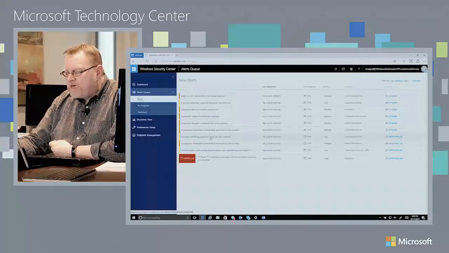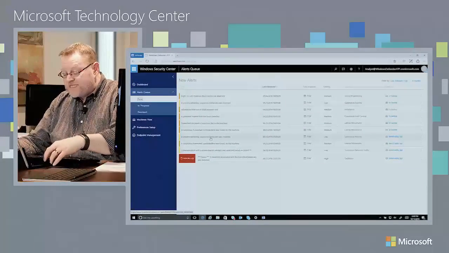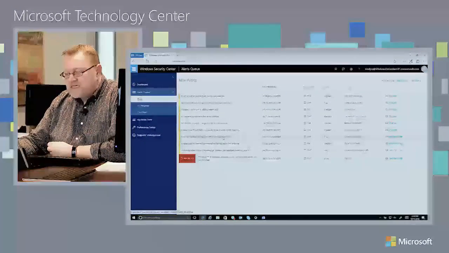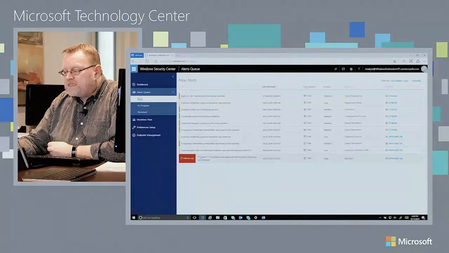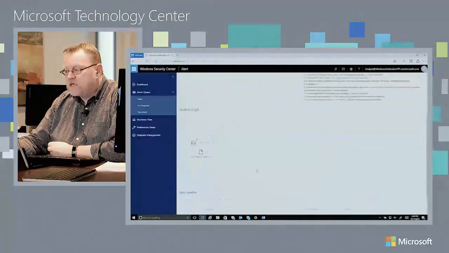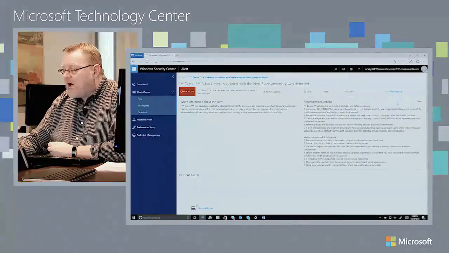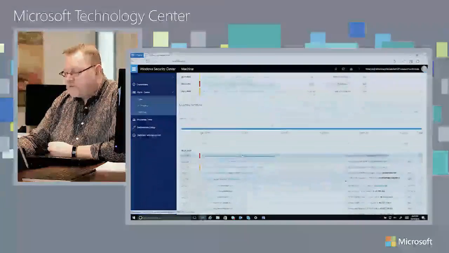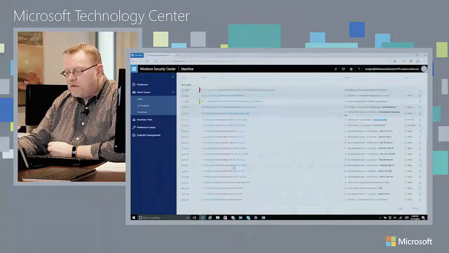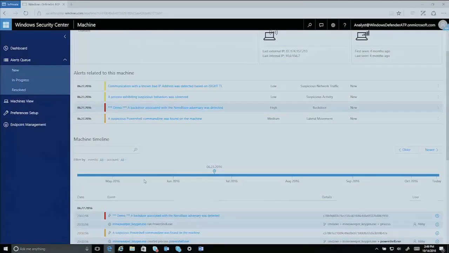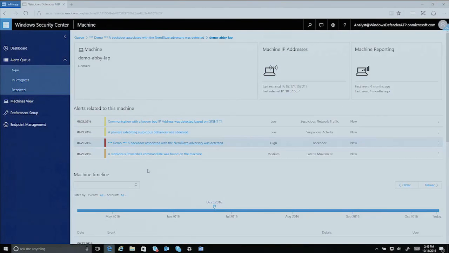I also have the ability to pick up additional specific behaviors that I may need to take action on, such as lateral movements, or in this particular incident, I could actually have a particular back door being opened up inside of my organization that I need to take a look at and start to deal with, where I have a laptop that is experiencing a particular issue, and I can see the entire timeline that's now associated with that device. So I can now start to take immediate action against that and decide how I want to move forward.